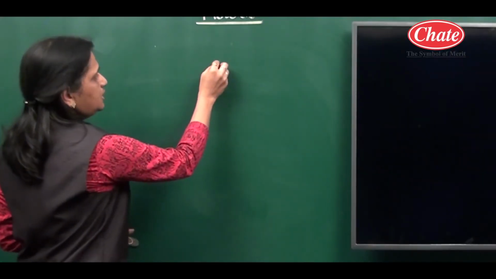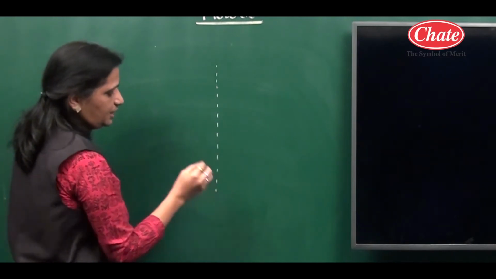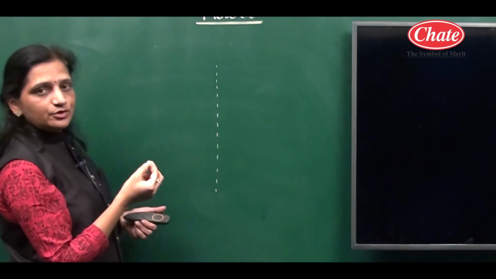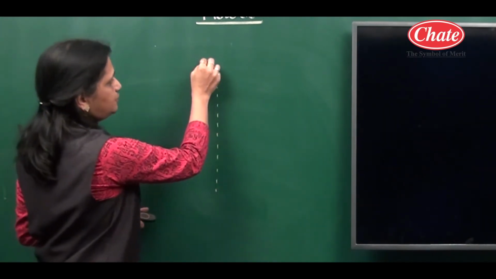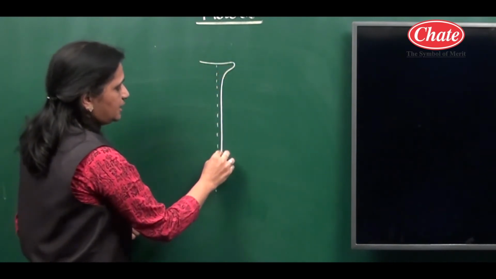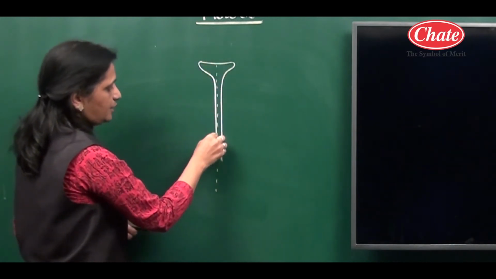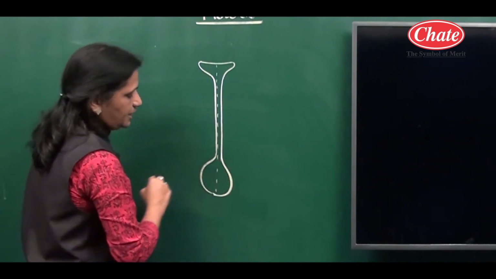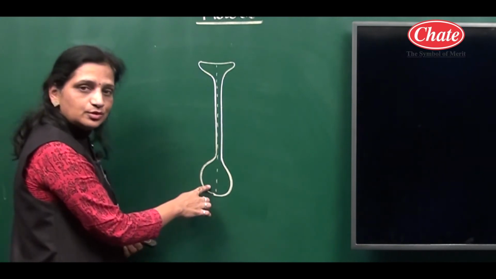To draw the flower in a simple way, you just mark a dotted line in your notebook and start drawing from the innermost part of the flower, which is the gynoecium. Gynoecium is the female reproductive part, and here we are drawing a single carpel. This is the unit of gynoecium. So we first draw the gynoecium. This is the stigma, this is the style, and this is the ovary.